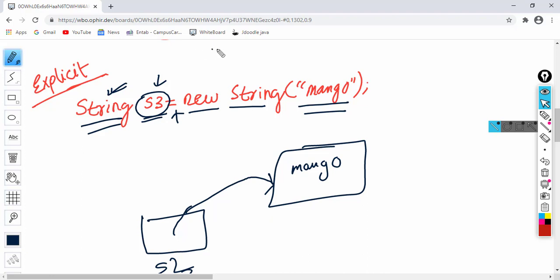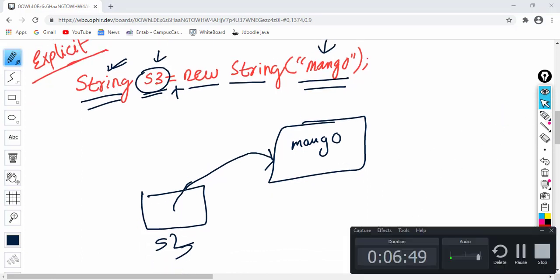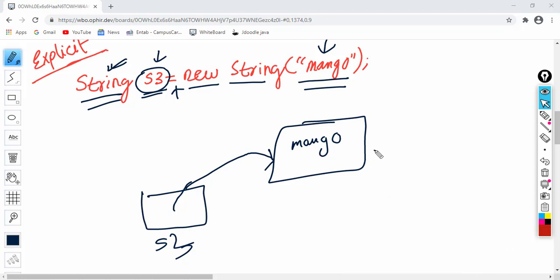So here we have created the string mango, and the address of this newly created string is stored in the variable s3.